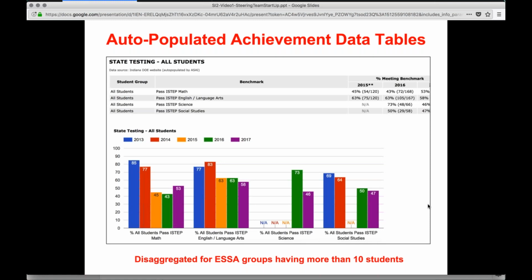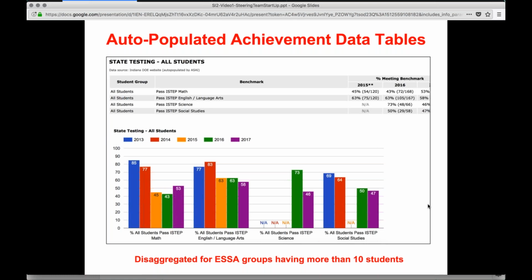Our online system also includes auto-populated achievement data tables. Everything that we can get from DOE and download and put into the system, we do it. So this is the very first part of a school's achievement data tables. This is the one for all students. We also disaggregate for ESSA groups having more than 10 students.